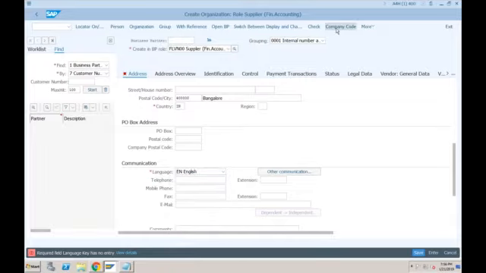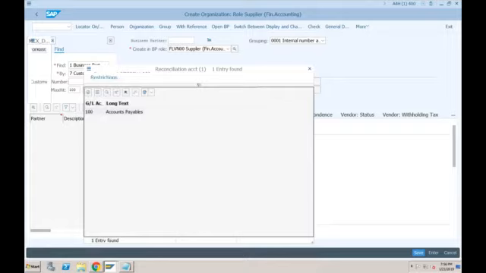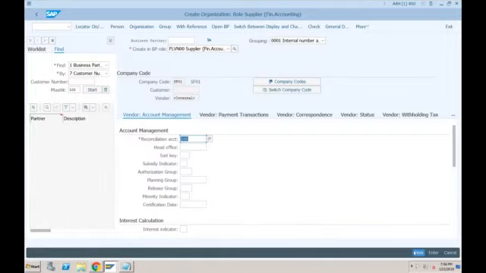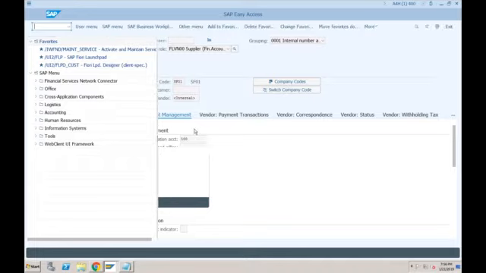Okay, let's go to company code data. For company code SF01, press enter and specify the reconciliation account, and let's try to save. The problem is the business partner already exists, and this is creating the inconsistency.